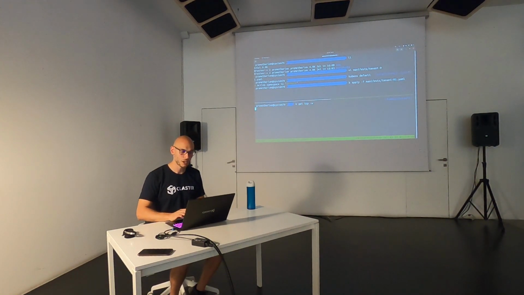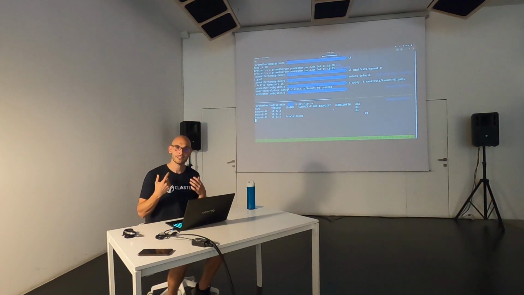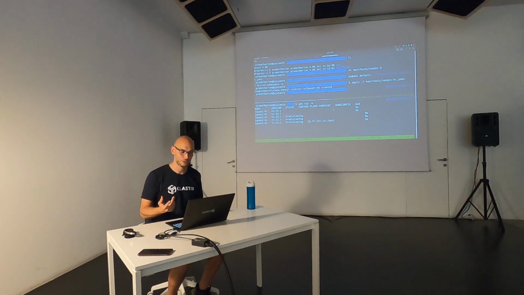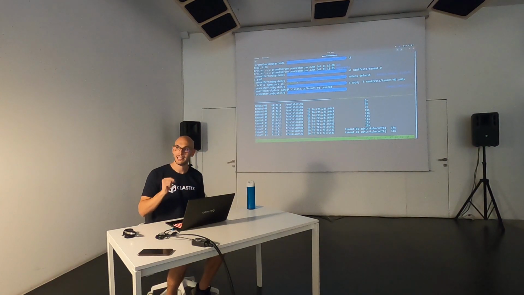Meanwhile, I'm going to watch what's happening with the tenant control plane. As you can see here, we are getting a Kubernetes cluster that is in provisioning state. And when the service with the load balancer is provisioned, we end up with the control plane endpoint. It means that if I query that IP, a Kubernetes API server is going to reply.